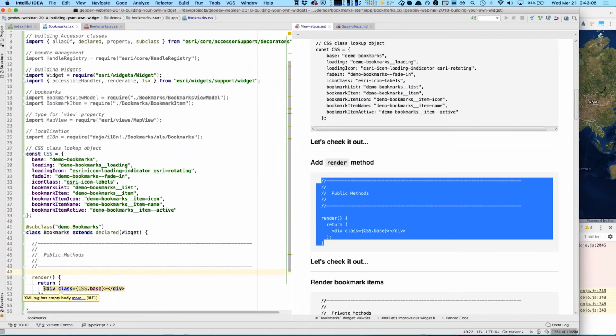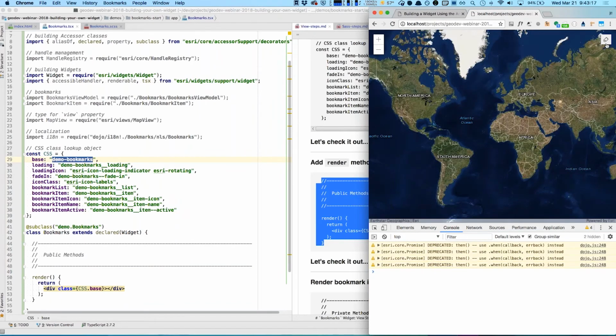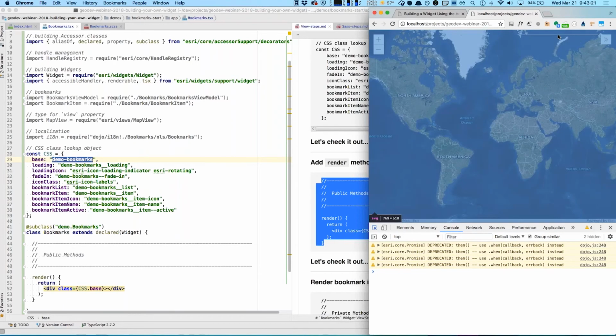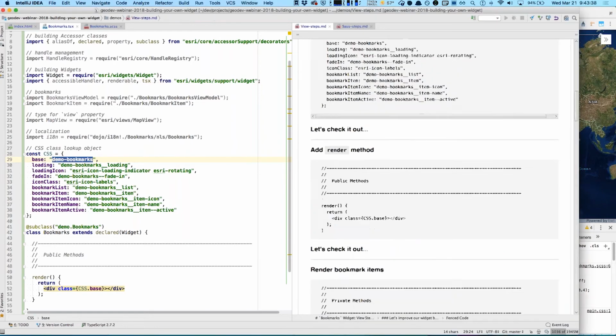And what it'll do is it'll return a div element, and it's just setting the base CSS class, which is demo bookmarks in this case. So now if I refresh the page, we'll see the bookmark inside of the expand widget, but you notice there's nothing inside. But if I inspect the DOM, you see that we are creating our demo bookmarks element, which we define in a render method. So this is a very simple render method, and it's not showing anything, but let's continue and